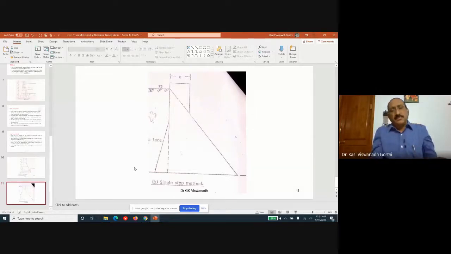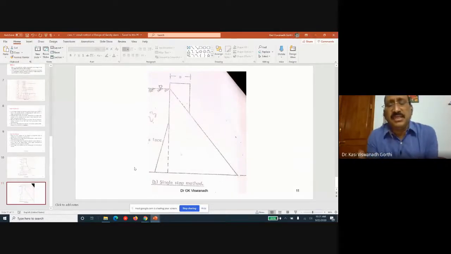It becomes uneconomical. So what you need to do is, at every zonal section, at every point when you are designing, see that the resultant is passing through the downstream middle third point for the reservoir full condition, which means that you are reaching the optimal value in terms of utilizing the material. Then the dam becomes not only safe but also economical. So at different stages, you need to verify what the various forces are that are coming up. And for that particular zone, you need to verify the point of application of the resultant, and check whether that zone, that section, is safe or not.